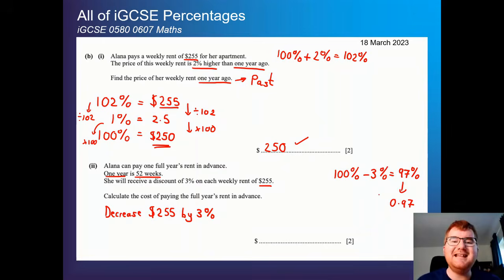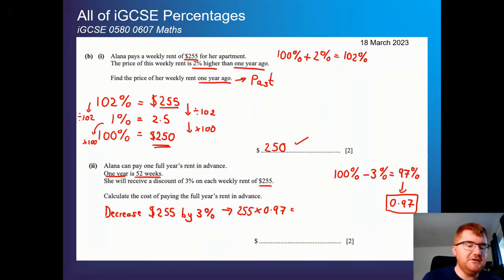So a really easy way of working this out using what we call the multiplier, this 0.97, is just take the 255 and then multiply by 0.97. So I'm going to just do that on my calculator here. If we do that, we're going to get 247.35, and there's no rounding needed